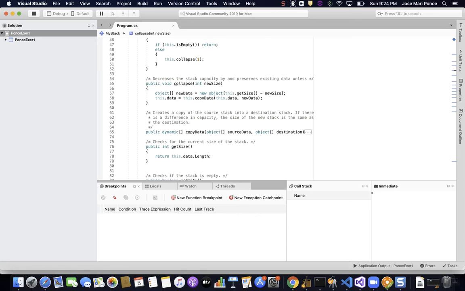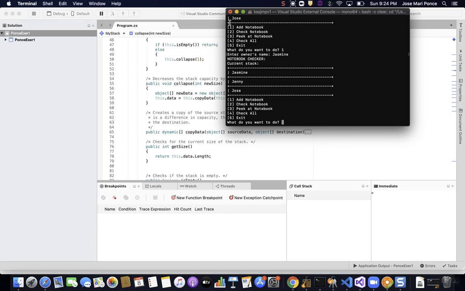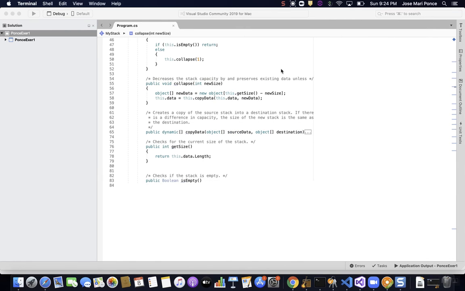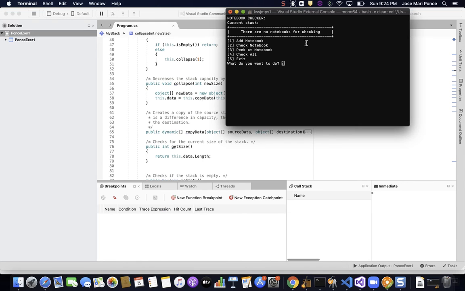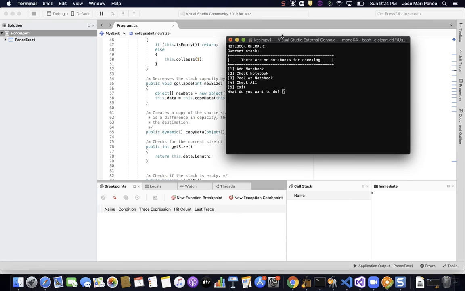Moving on to my demo. So the first part is actually a display of the current stack. Since you don't have any notebooks yet, I don't see any names. But if I add one now, then you see that my name is displayed. As I subsequently add more notebooks,